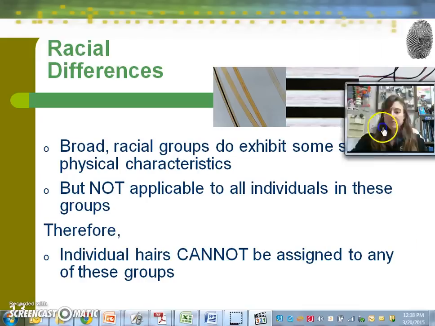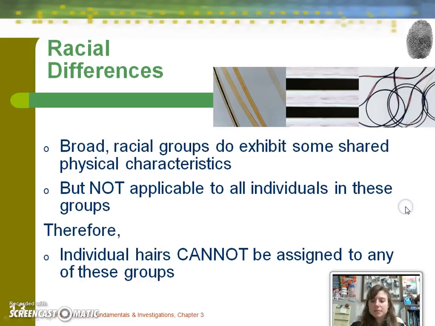So there are some differences which can be observed generally among different races, and you remember that the three terms for the ethnic groups in forensics goes back to Caucasoid, Mongoloid, and Negroid. And so I'd like you to think about which of these hair samples you think might reflect those different groups. So if you're thinking for the leftmost one here, Caucasoid, then you'd be right, because you see a lot